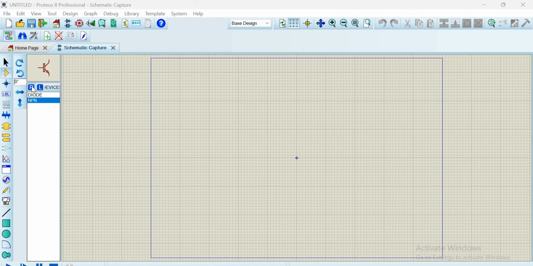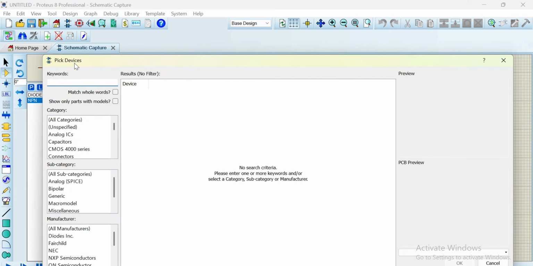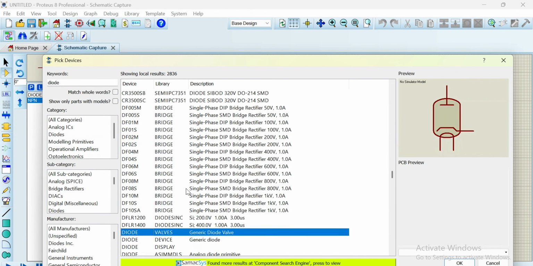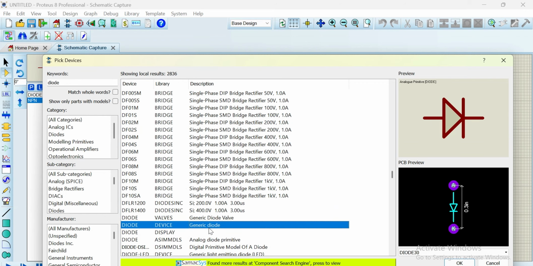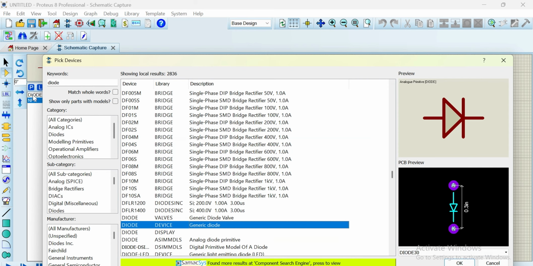Then you have to press P, it means put device, or pick device. You can see that P is for pick devices. So I have already taken the diode, but I want to show you diode. There are various types of diode. These are the categories, these subcategories, these are the manufacturers, and many things. But exactly I need this one, generic diode. So if you want to get this here, you have two options. Either just click on OK or double click on it, and then you will see that you have got your